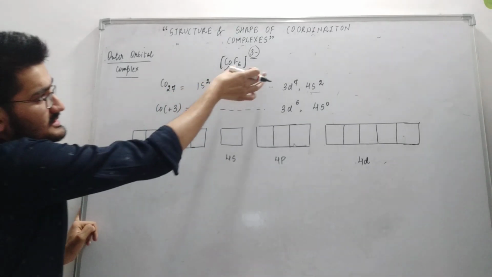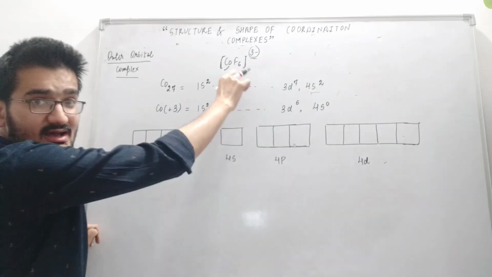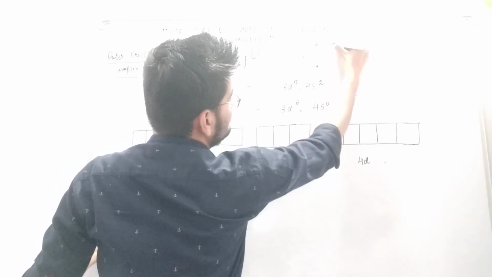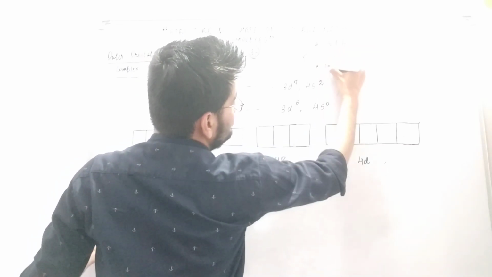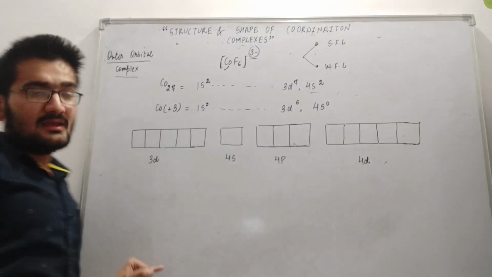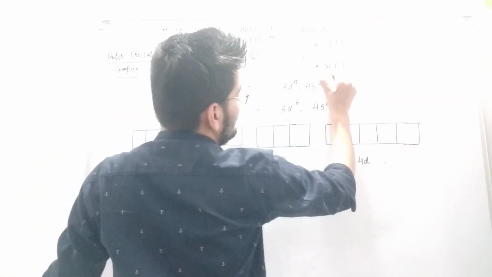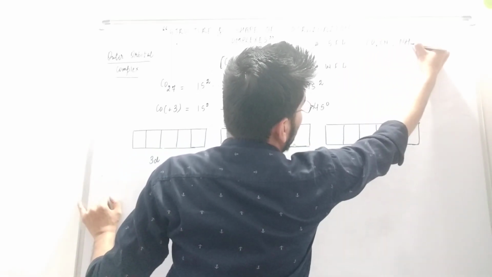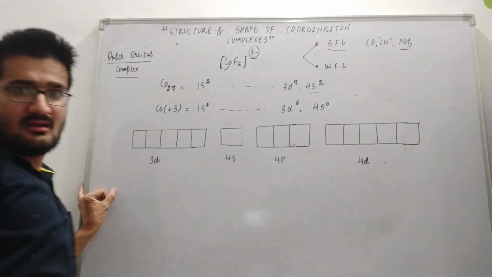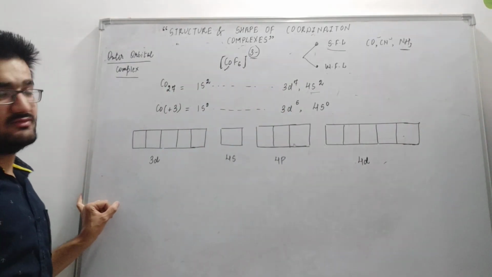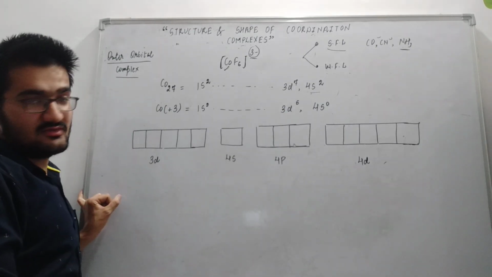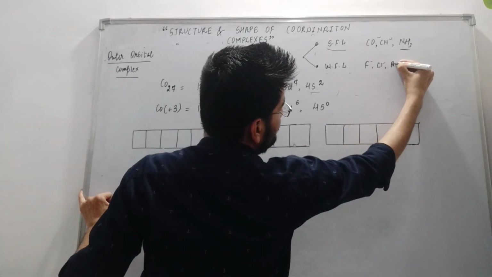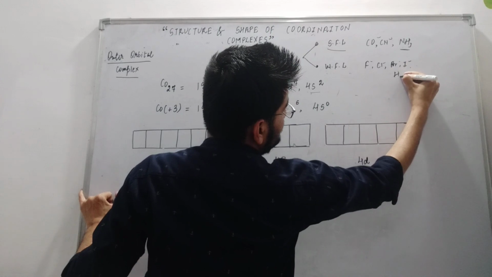Firstly, in the case of the ligands, there are 2 types of ligands: strong field ligands and weak field ligands. For example, strong field ligands are carbon monoxide, cyanide, and sometimes ammonia. There are some cases for ammonia where it is strong and where it is weak; it depends upon the condition, and we will discuss it later. Weak ligands are fluoro, chloro, bromo, iodo, and water.